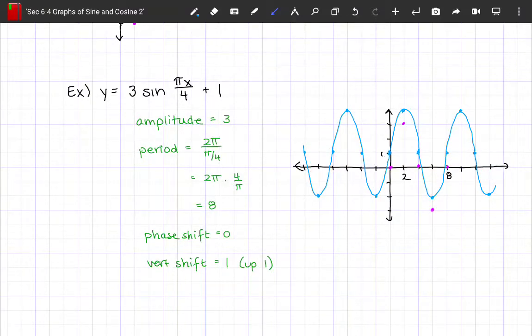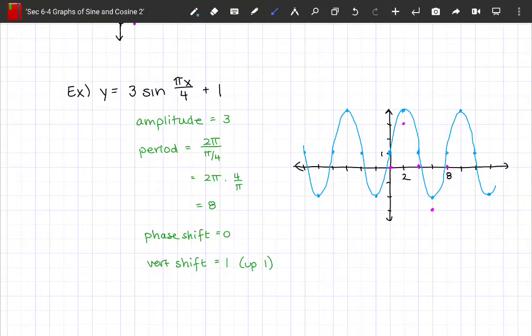So again, as far as my scale on my x-axis, since my period is 8, I want 1, 2, 3, 4 squares to equal one period of 8. That means each square is 2. And I also counted by ones on the y-axis. There's no reflection here, so